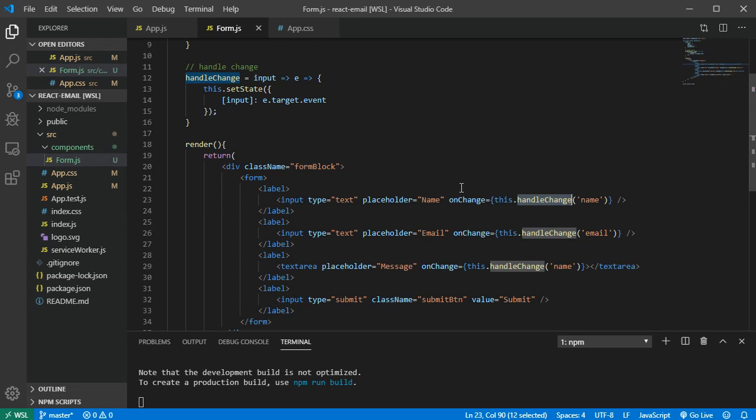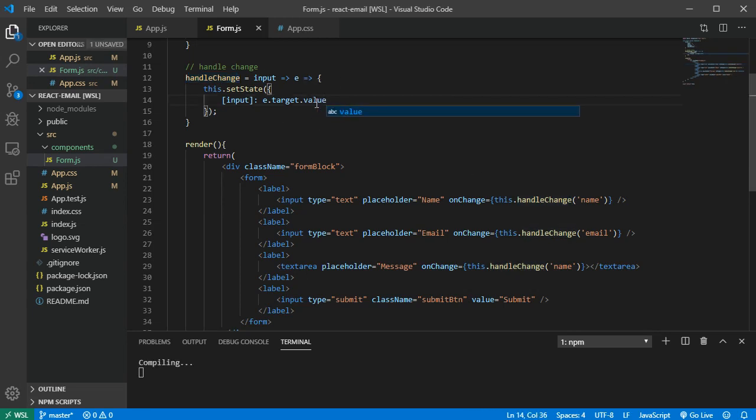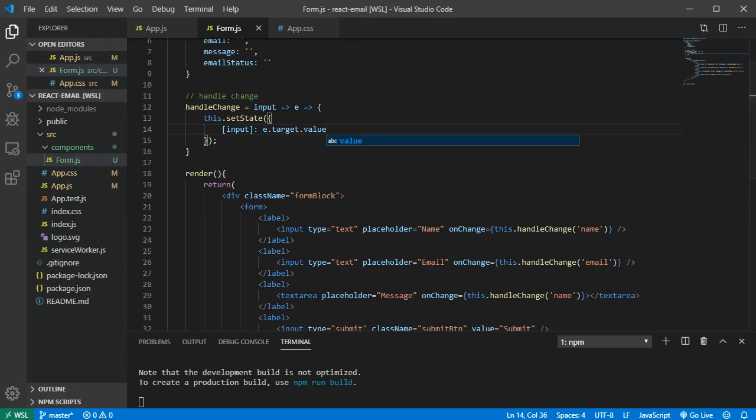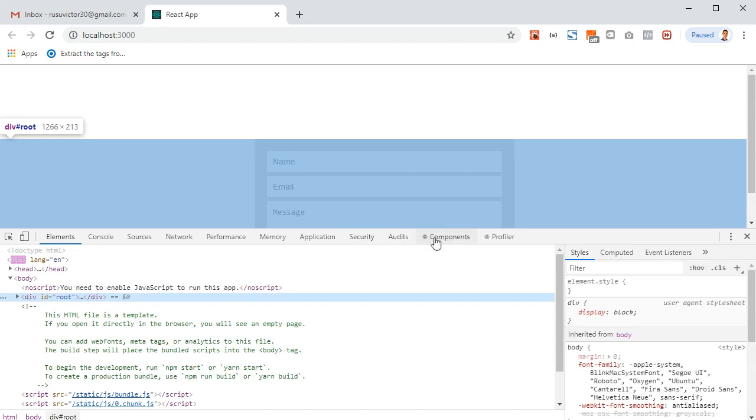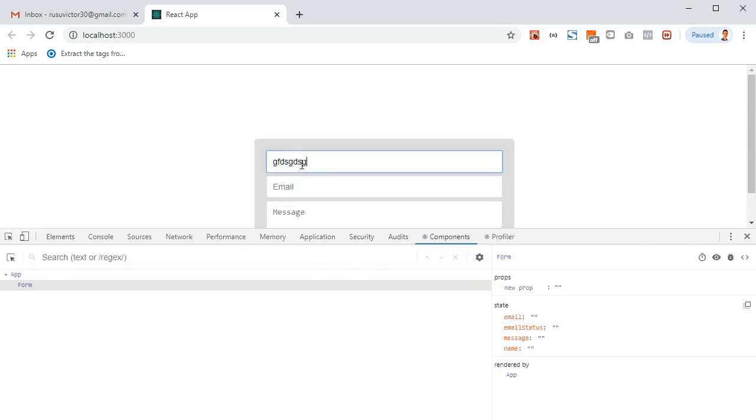That's because it should be not event but value. I don't know how I messed up that. Okay, now it should work. So if I'm going to the components, if I type in something in the name, we see this information is saving in the state. If I have Victor,